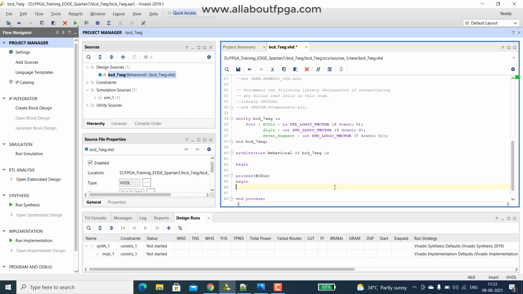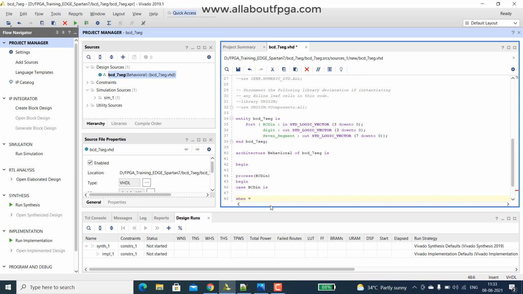Then we have a case statement. Case BCD in is. So here we have to declare the condition.